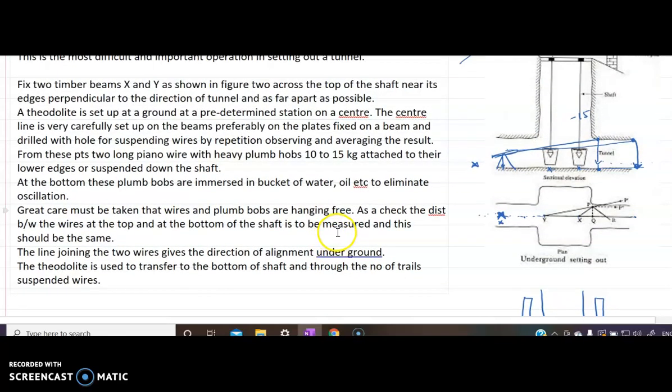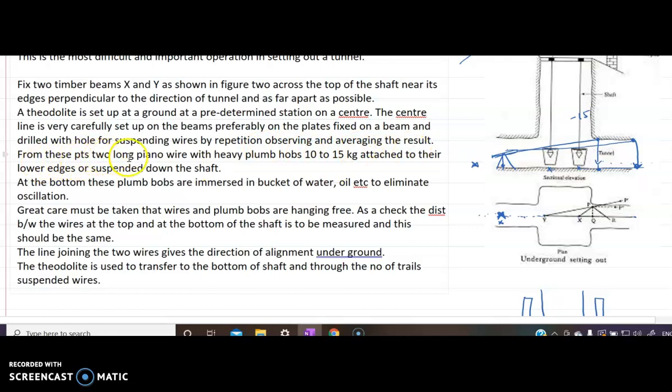Okay, let's go back to our write-up. So a theodolite is set up at a predetermined position. The center line is very carefully set up on the beams, preferably on the plates fixed on the beams, drilled with a hole for suspending wires by repetition, observing and averaging the result.